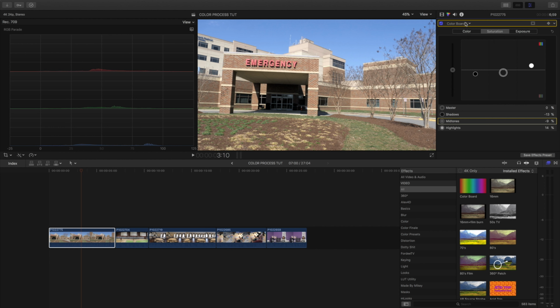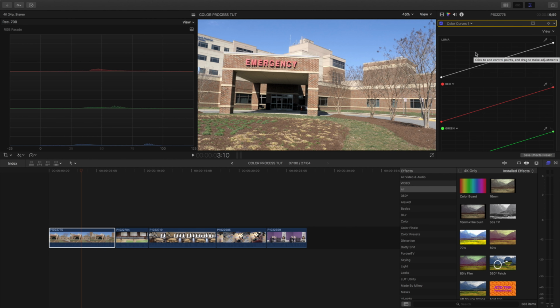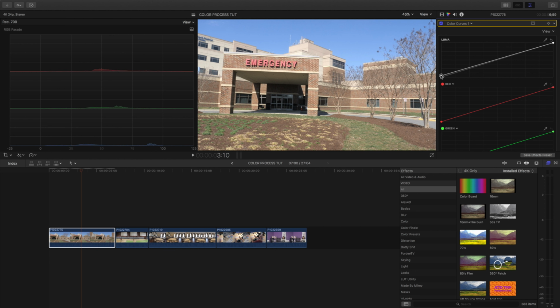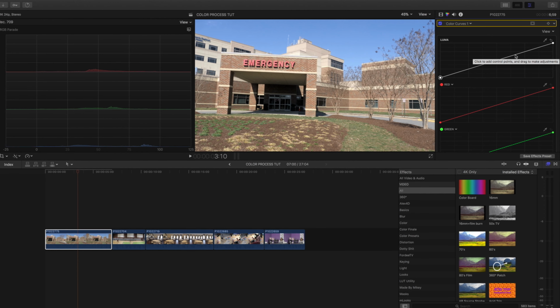One thing I love about Final Cut 10.4 and up is they have something called color curves, and this is the extra spice I add to all my coloring, especially with this Luma. The Luma is the overall quality of the picture. I use a lot of VSCO cam app on my iPhone, so I like this fade right here. So what I tend to do is first we're gonna make an S curve, and an S